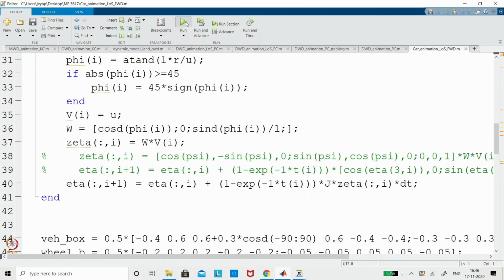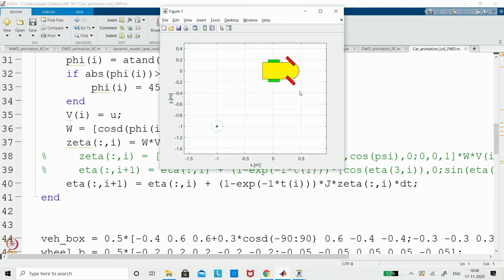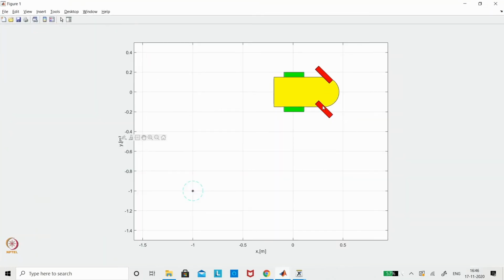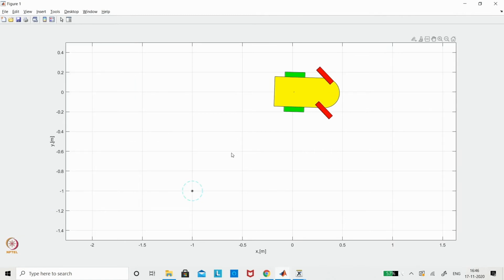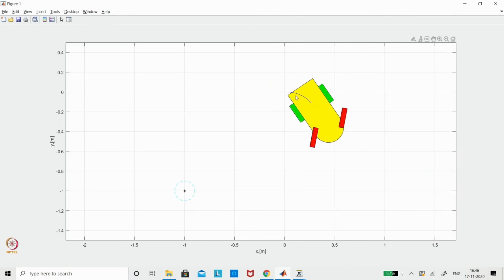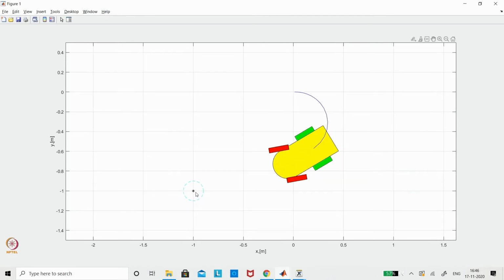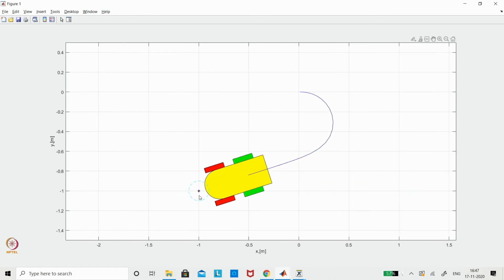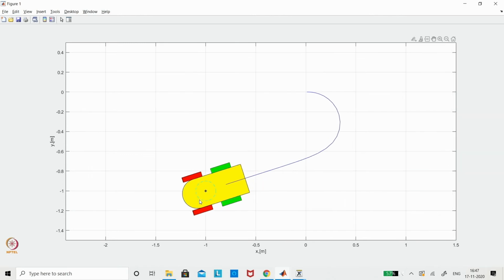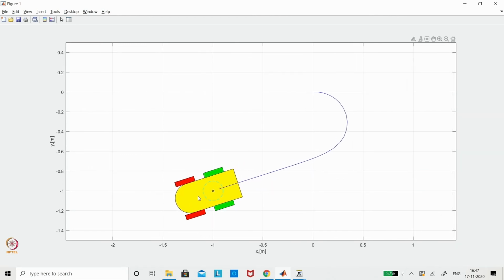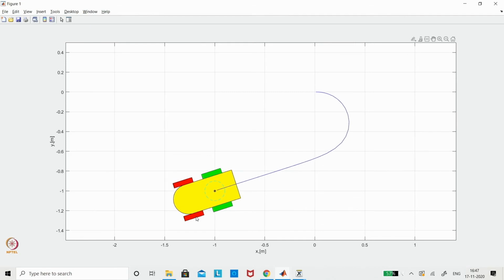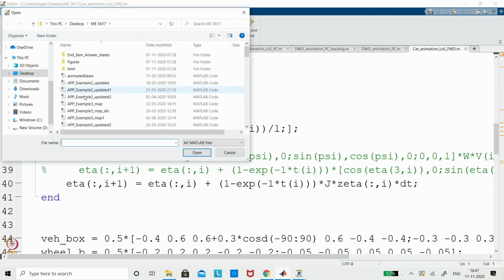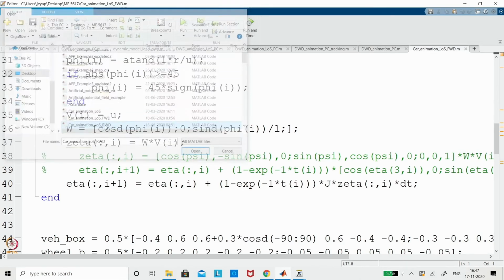First I will run the simulation, then I will explain. You can see here, this is the forward wheel, so these two are powered on a single axle, and this is the set point as given, and it is trying to follow it as a car would. This is also non-holonomic, but here the forward wheel is powered on a single axle as well as steerable. The same thing we can do for the rear wheel drive.